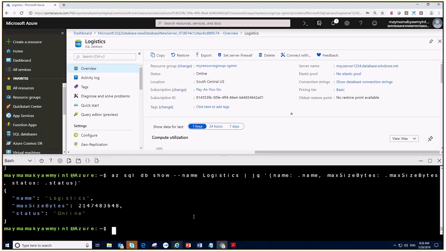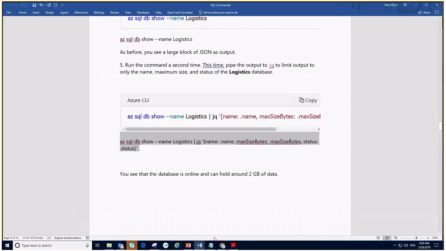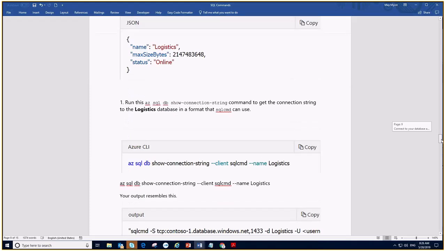So this is just going to tell you the maximum size of your database, whether the status is online or not, and it's going to tell you the name, the maximum byte size, and the status. But we can see that on the portal also. We're just trying to show you both ways to make sure that you can do it in the portal as well as in the